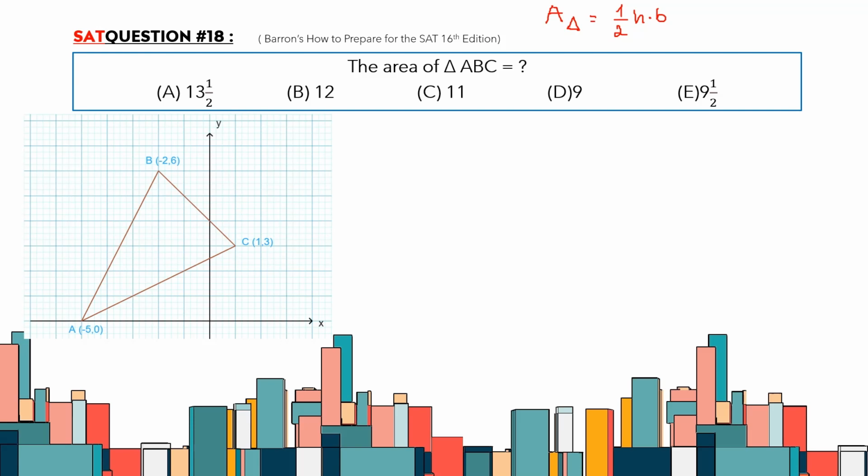So by looking at this triangle, it's really hard to figure out what is the height and the base. We can use one of those sides of the triangle to be the base, but either way, it's really hard to figure it out. So instead of directly finding the area of triangle ABC, we find